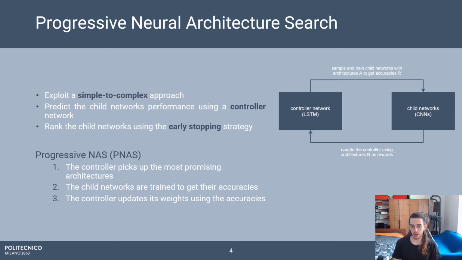It is based on a controller network that in this case is an LSTM, with the goal of evaluating the accuracy performance of the generated child networks. In this case, we are dealing with CNNs, and so we will have convolutional layers and pooling layers.